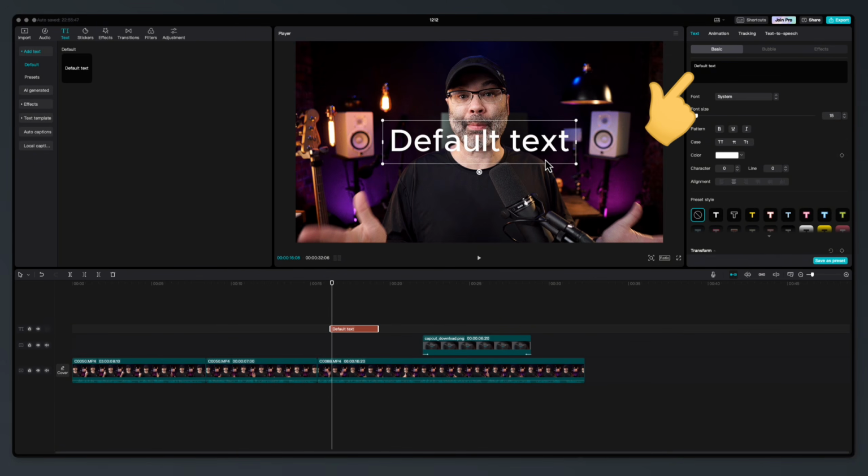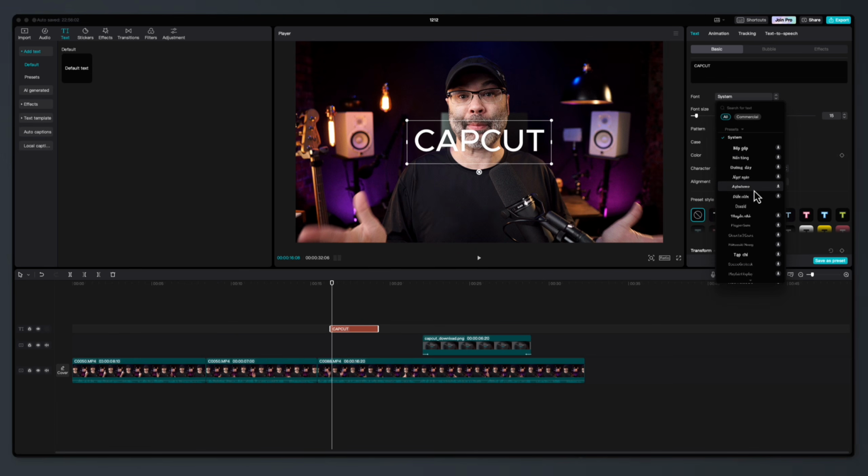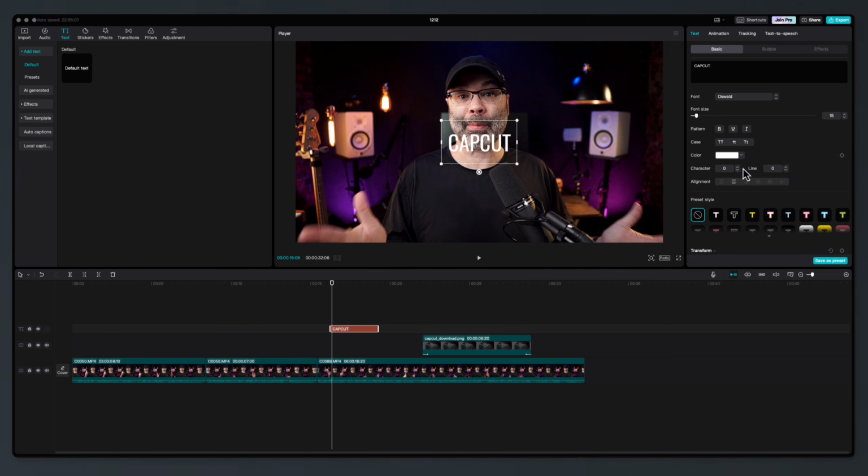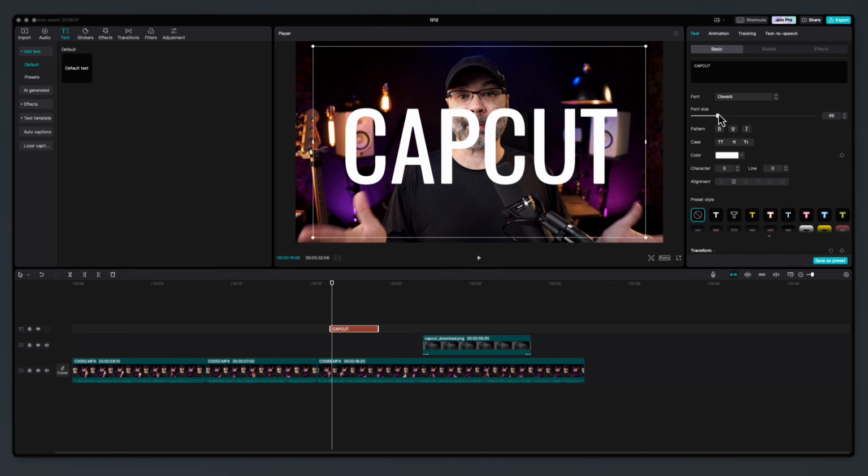Now, back over to the right, you can change the text here. So I'm going to type in CapCut. Actually, let's do all caps. So you can do cases. Boom. And I can change the font. Let's do something like Oswald. And let's change the font size. Let's make it really big. So when I say it,